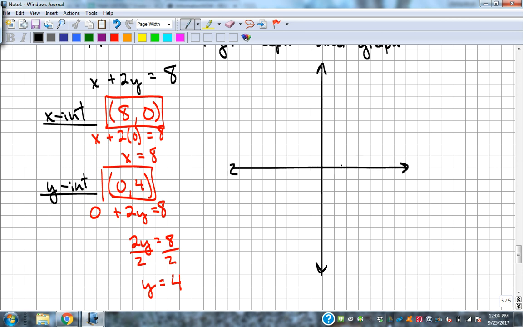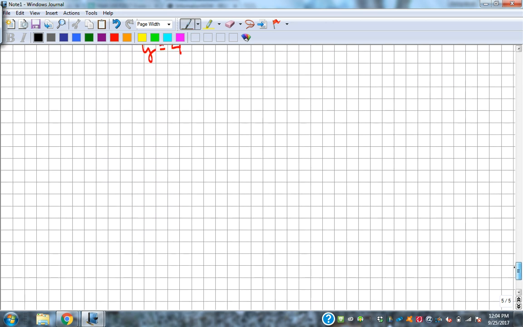So 8, 0. 8 didn't quite go far enough, but that's okay. And then 0, 4. Connect those 2 dots. I missed. We graph that line using X and Y intercepts. Quicker way, but there are some loopholes where you can't use that method. Table always works. X and Y intercepts, yes, it's quicker, but you can't always use that method. Let's do one more that's maybe an exceptional one,